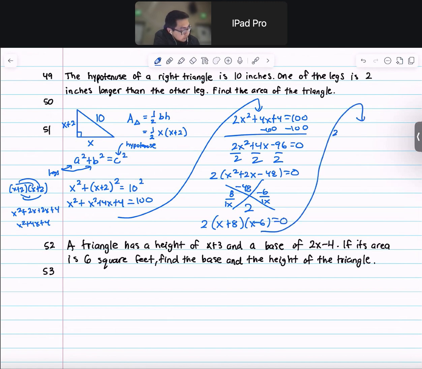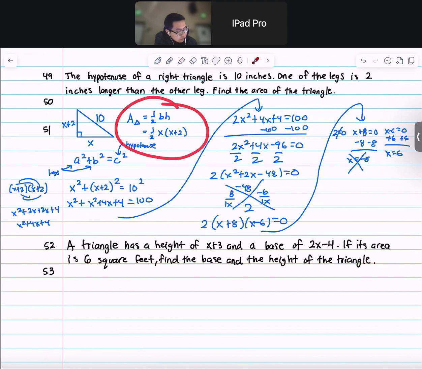Remember, set all your factors equal to 0. 2 can't equal 0, so that's out of the question. Subtract 8 from both sides. Add 6 to both sides. Now, negative 8 cannot be an answer because you cannot have a length that is negative. So x equals 6, which is perfect because now